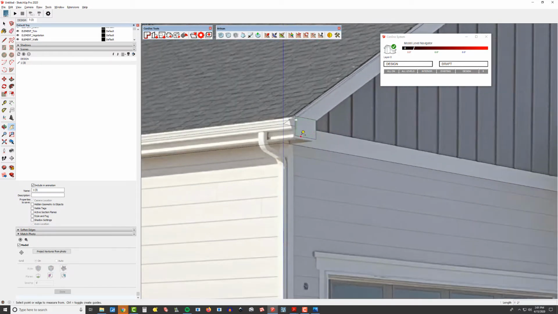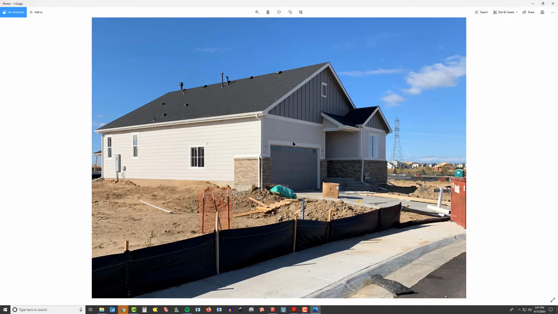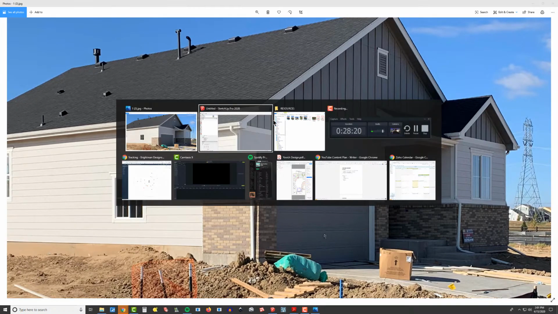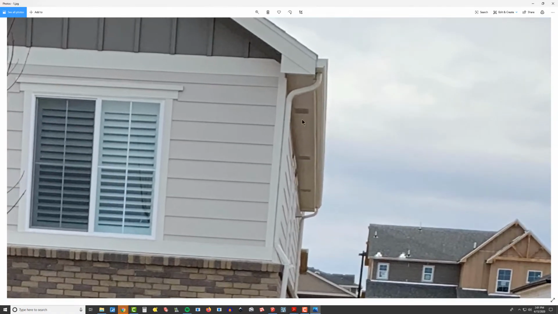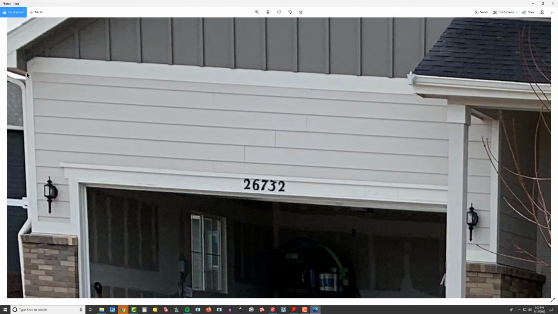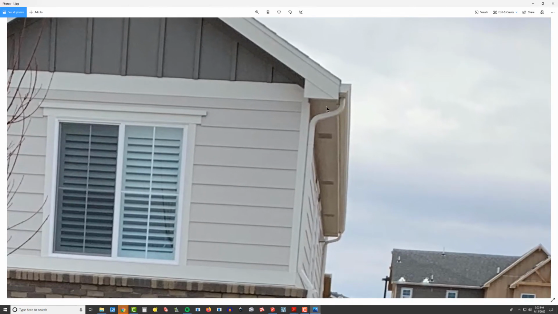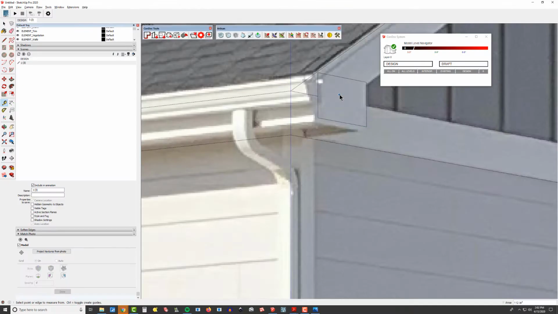So that means that this overhang here, we've got it drawn at like 14 inches, which it's hard for me to tell what's going on. So let's go back to our photographs and zoom in and maybe go to the next one. That's going to be a help. So we don't really get a good shot. We're going to assume that these two are right in line, but we're going to look at this to set our rule. And yeah, 14 inches, that's probably not that far off. So it just kind of drops, goes over,